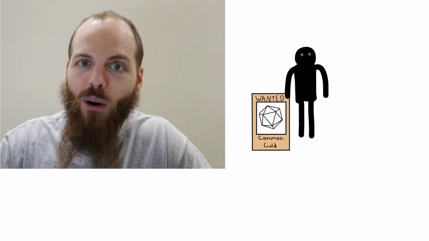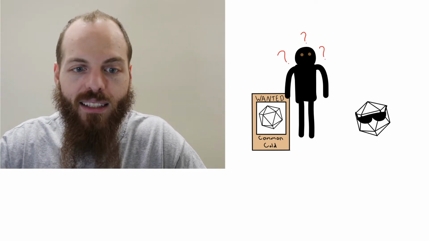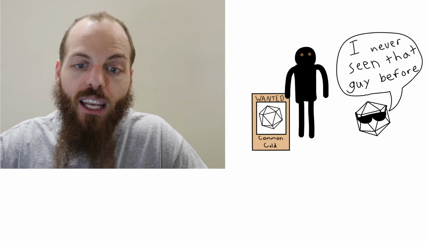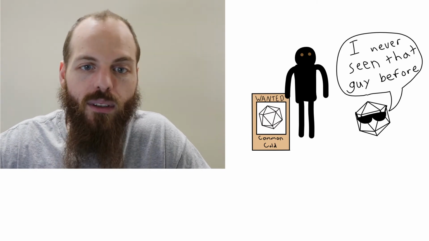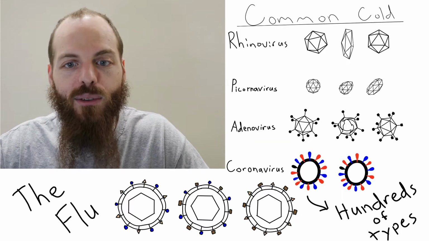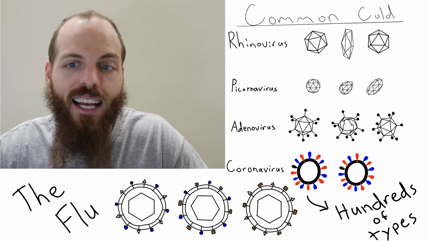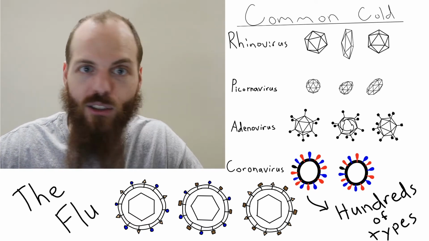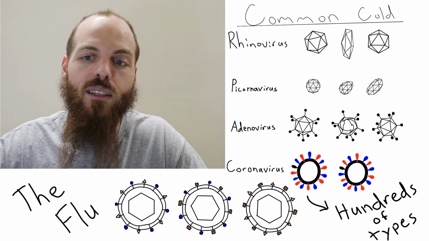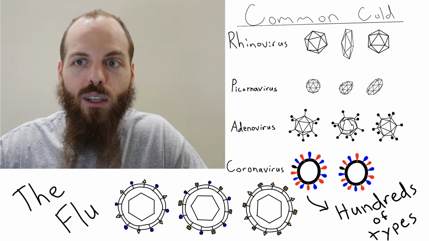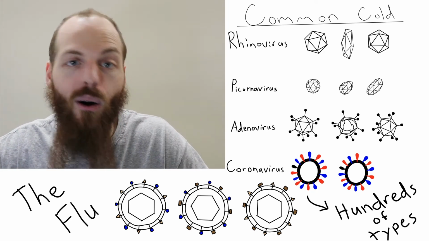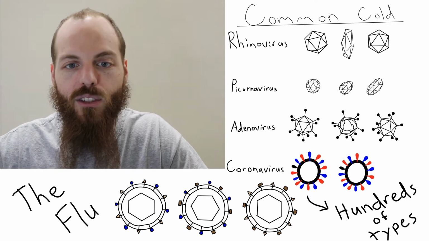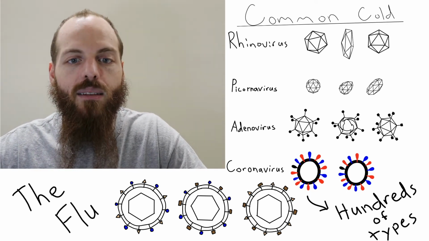It's like a criminal that you have a wanted poster for, but they got plastic surgery, or they're wearing a disguise or a mask to hide their identity. The viruses change, and then your body doesn't recognize them as being bad anymore. So the flu and common cold are still around, and they can make you sick every year, because each time it's actually a slightly different virus making you sick. So it's not that you weren't immune, there's just too many different things that you need to get immunity to. And that's why we can't just make one lifetime vaccine for all different kinds of flus and common colds. It's just a big group of many different things.